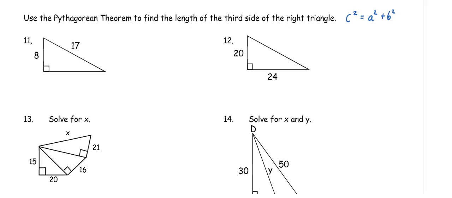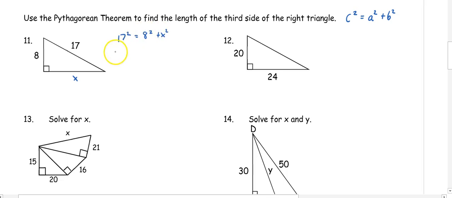This video is for numbers 11 through 15. So in 11 through 15, we're going to be using the Pythagorean theorem, which is c squared equals a squared plus b squared. Remember that c squared is going to be our hypotenuse. So in number 11, to solve for the missing side x, we would have 17 squared equals 8 squared plus